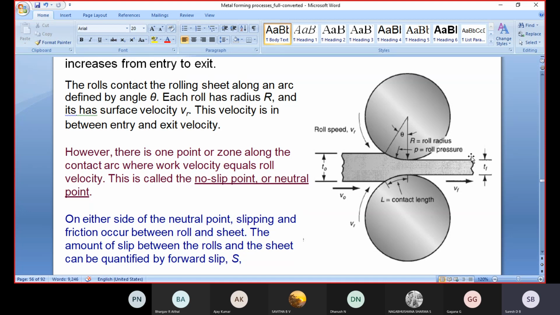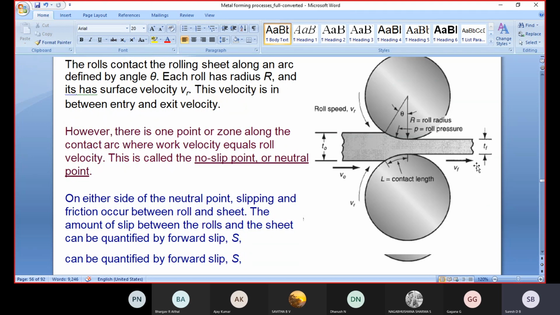These two defects are very important. Two defects are produced at higher rolling speeds. One is improper surface finish throughout the length of the component. The other is that it is very difficult to maintain uniform thickness throughout the length. These are the two defects in higher rolling components or higher roller speeds.